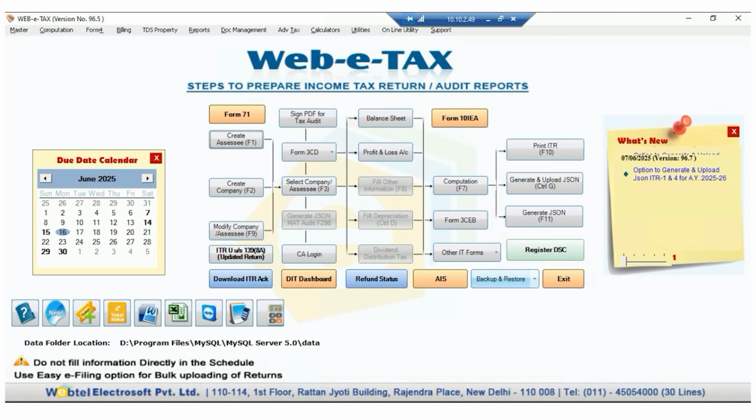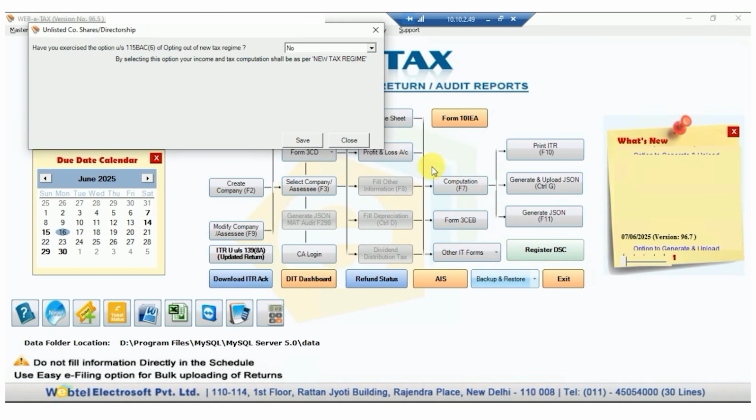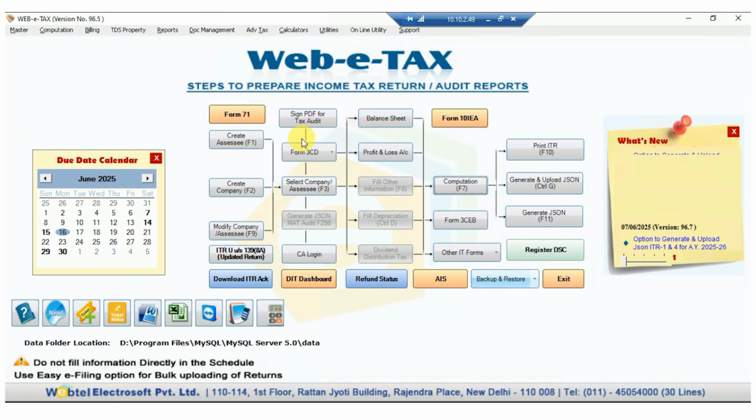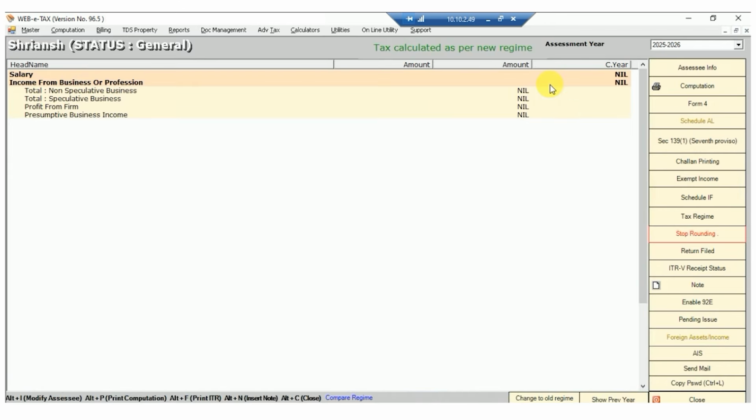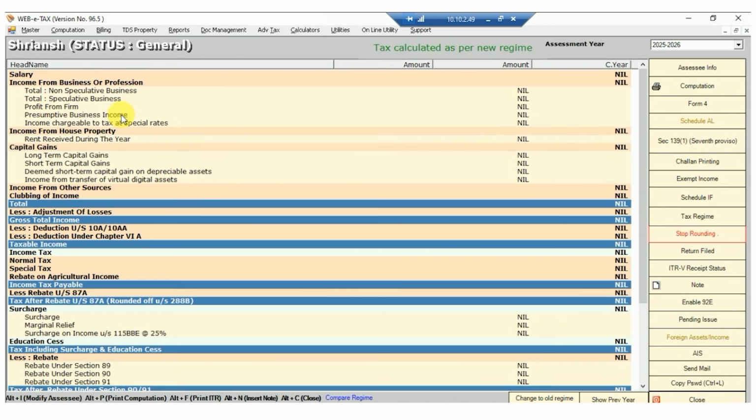So this is our WebbyTax software through which you will be able to enter all the details related to ITR 4. And for that you need to go to the computation. And in the computation you will be able to see the head of presumptive taxation to fill the details under Sections 44AD, 44ADA and 44AE.